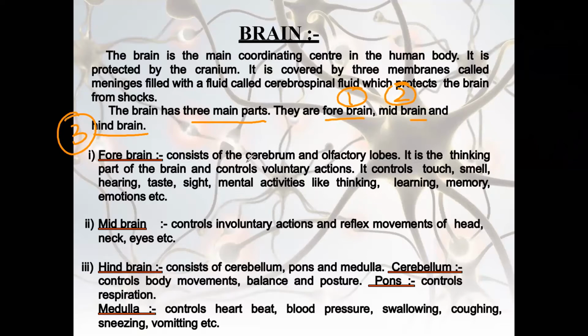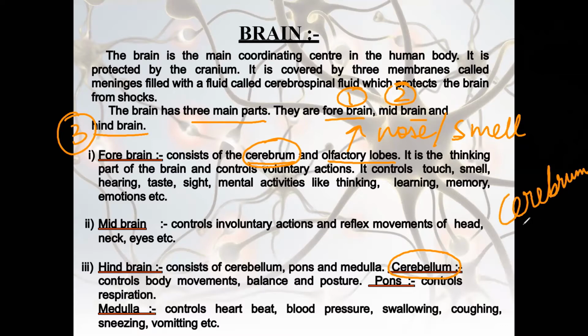Forebrain consists of the cerebrum and olfactory lobes. Olfactory, whenever the word comes, please remember it is related to the nose, it is related to smell. Okay? Cerebrum, the main big part, right? How do we learn? You will see there is a cerebellum and cerebrum. How can we remember with a simple trick? That is